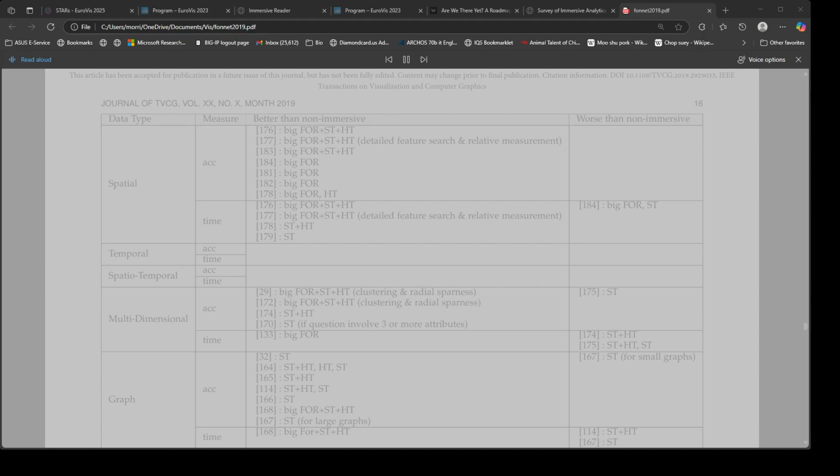This article has been accepted for publication in a future issue of this journal, but has not been fully edited. Content may change prior to final publication. Citation information: DOI 10.1109/TVCG.2019.2929033 IEEE Transactions on Visualization and Computer Graphics